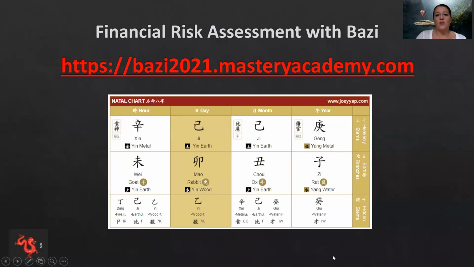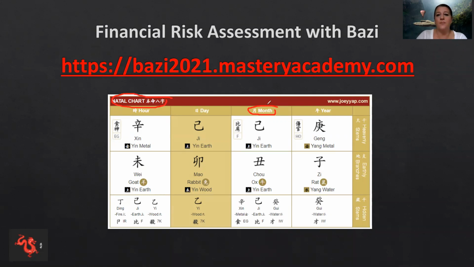First, you go to this link here to plot a Bazi chart. And in that Bazi chart, we then focus on the month pillar. Here it says the month. So you look at the natal chart and focus on the month pillar, because the month pillar has to do with your career, your money, your finances, the way you manage your finances, and also the way you make money. So this is one of the most important pillars we look at when we analyze any type of career or